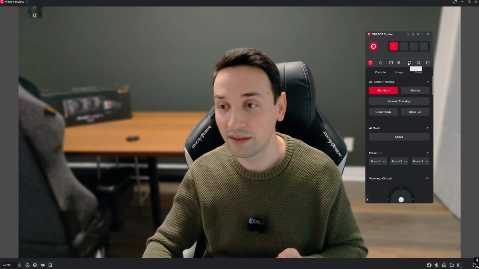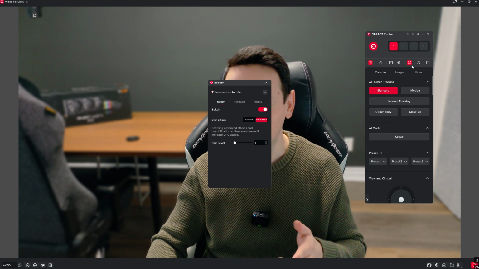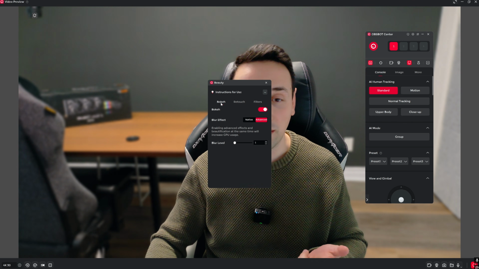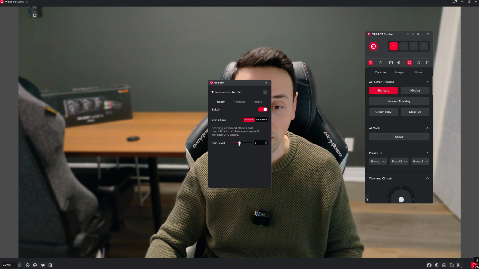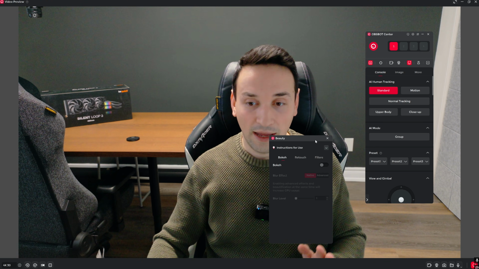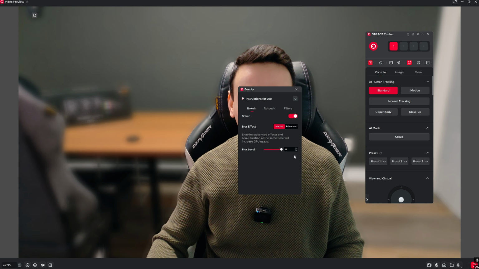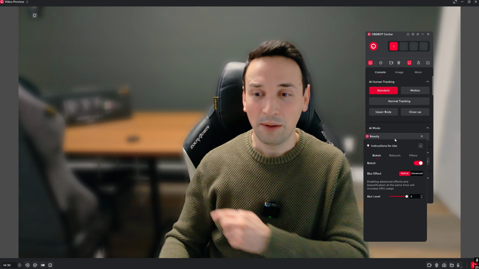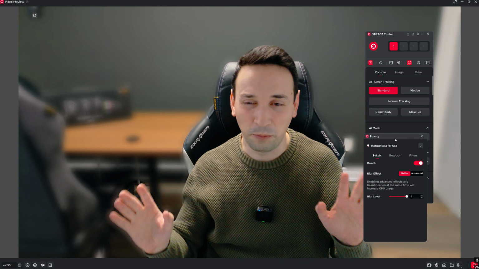And then we have the beauty effects here. It's not actually just beauty effects. I don't know why they named it that, but there's the bokeh section here. So we have native. If I go ahead and turn this off, right now everything is off. And if I turn it on, on native, you're able to set it up to level 8. But you can see my chair, it doesn't do that well of